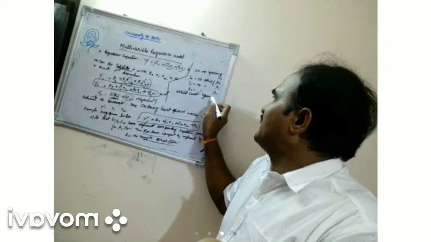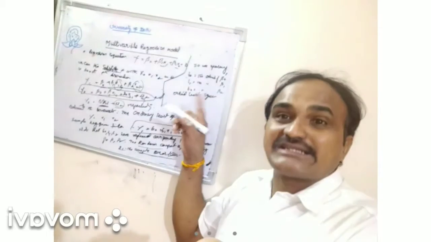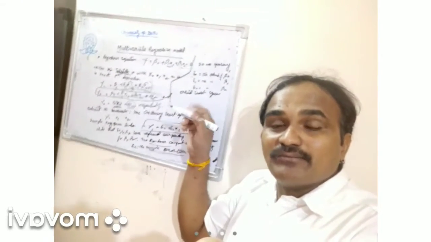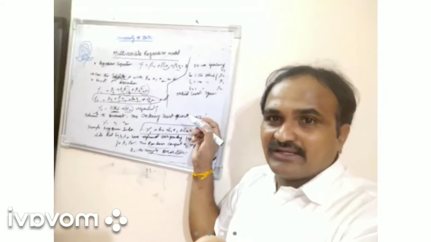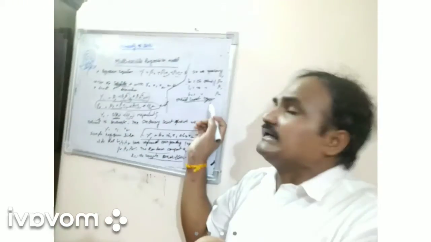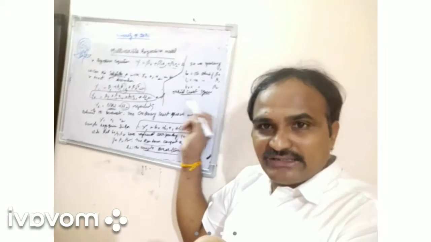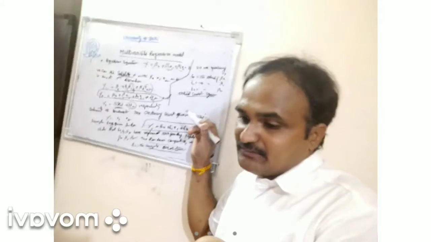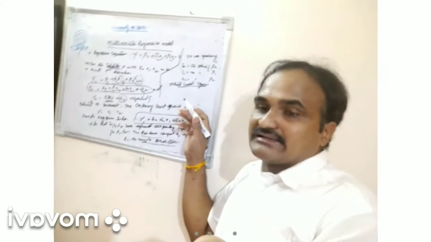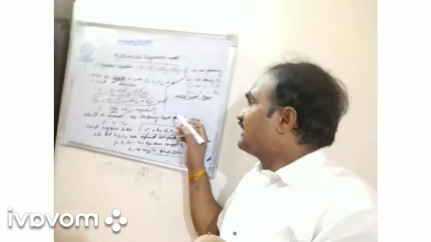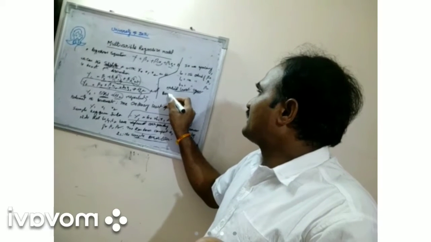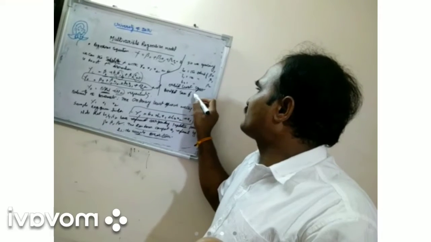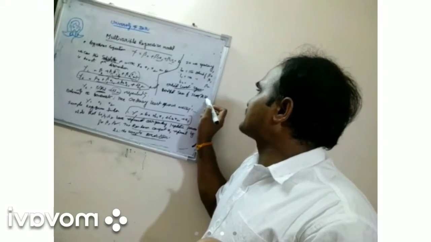What is the ordinary least square? The sum of the squared differences between the values of x and y is a minimum. Already in the first class we discussed that. The least square, ordinary least square approach or method, in the case of simple regression analysis, we discussed that. That means you minimize the sum of the squares of the residuals. You calculate the residual sum of squares, that means RSS.